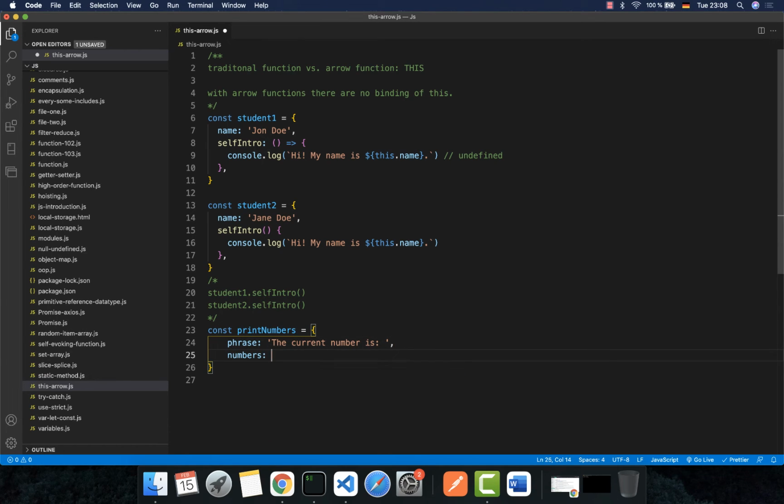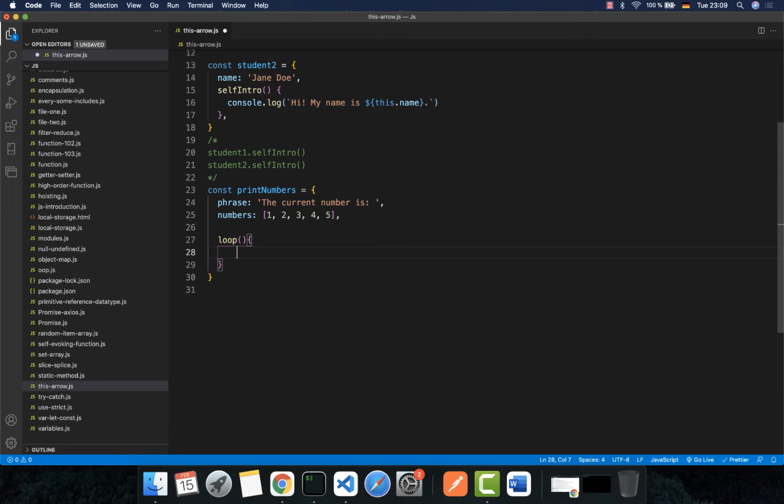It's an array of numbers, and I will have it from 1, 2, 3, 4 and 5. And here I also have a method. It's called loop,